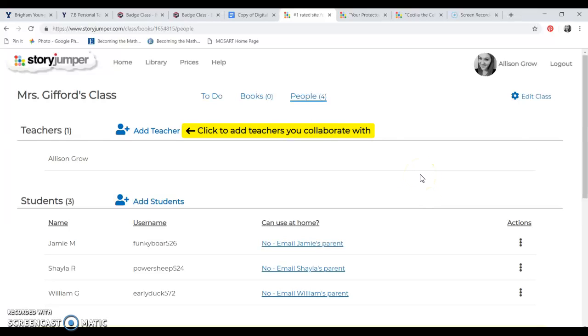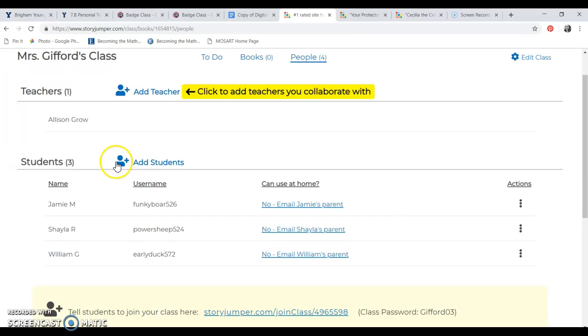So this screen shows the name of my class here, Mrs. Gifford's class. And it also shows my student list or class roster. The way that we would invite or set up accounts for more students or for their parents, so you would